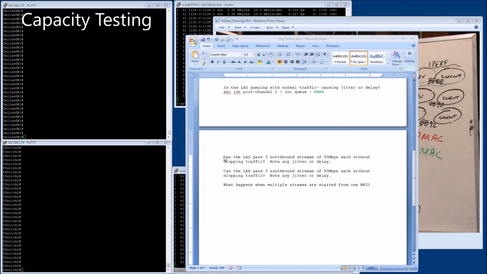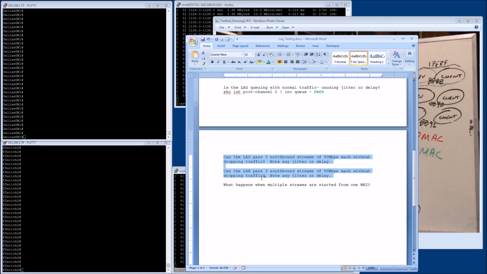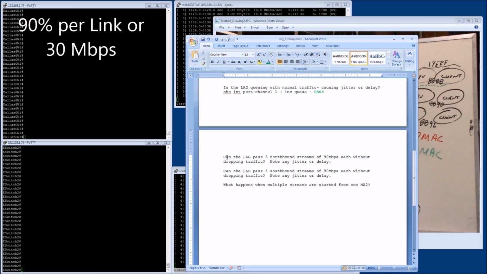Okay, for our next test, this is going to be some capacity testing. It's really both of these. I could have combined these together, but I wanted to start them all individually. And I think hopefully we don't have any load balancing problems, because what we want to do is make sure that we can pass at least 90% of the traffic, and these links, in case you don't know,